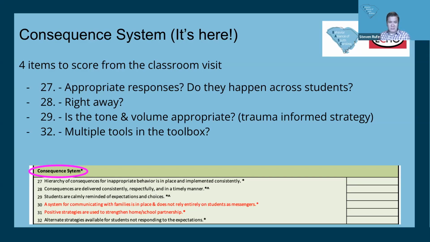Number 28 just really tells us, are these consequences or behavioral responses happening in a consistent, respectful, and timely manner? I like to point this one and just say, is it happening right away? Planned ignoring is definitely one of those hierarchical responses, but is that happening every single time? And then are all the other consequences happening in a timely manner? Are they done respectfully? On the element of respect, when we look at 29, I like to say 29 is